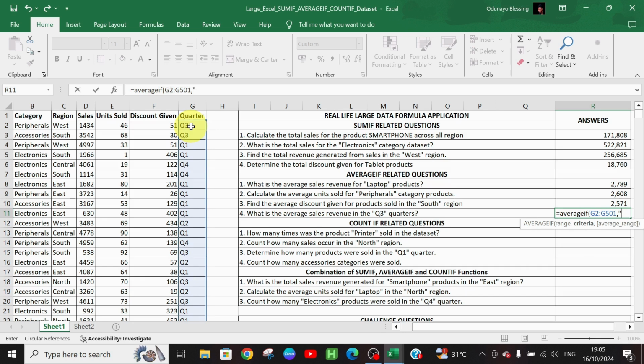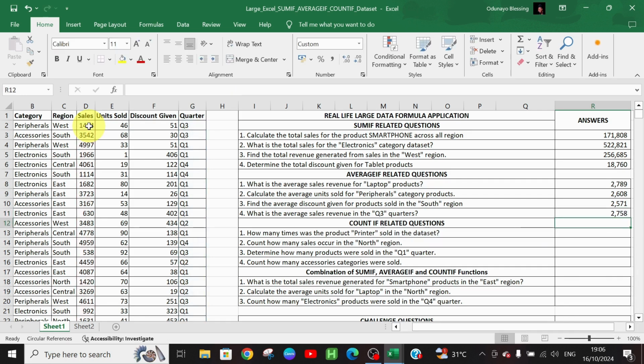The criteria we're looking for there is Q3, then the comma, then the average range is also talking about the sales. Then you have this as your